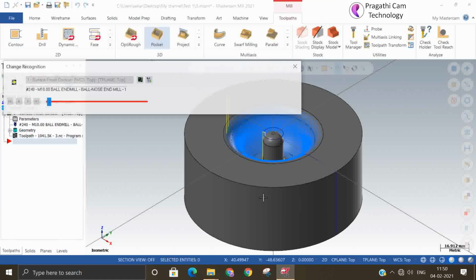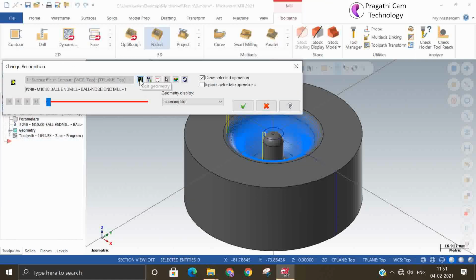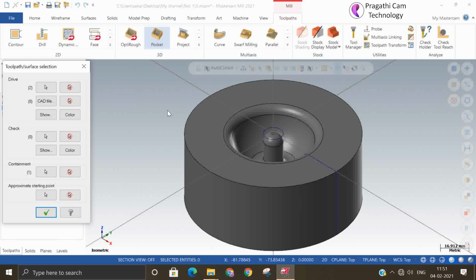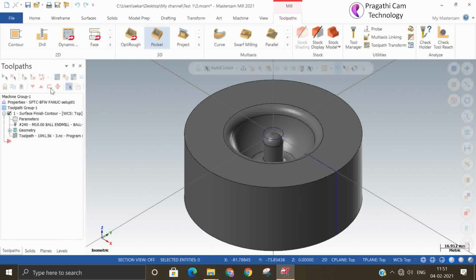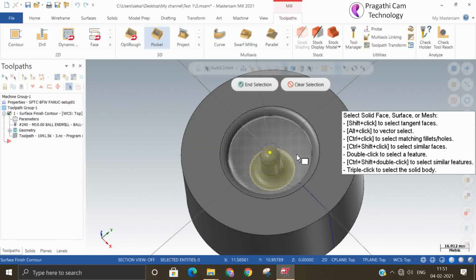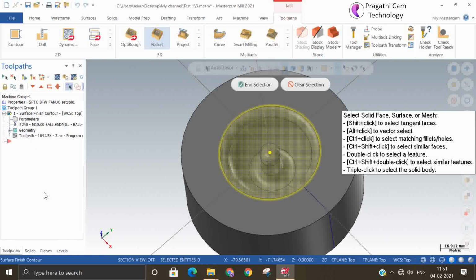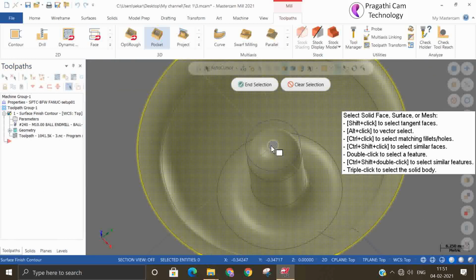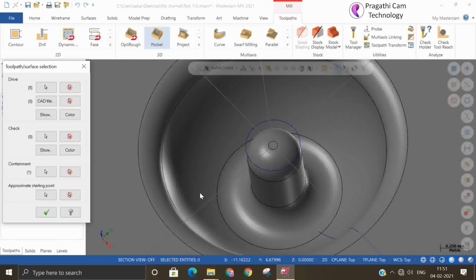Now I'll go to the geometry. You can add only the new change, or you can select the entire thing, that is also okay. But now I have selected the entire thing. End selection.